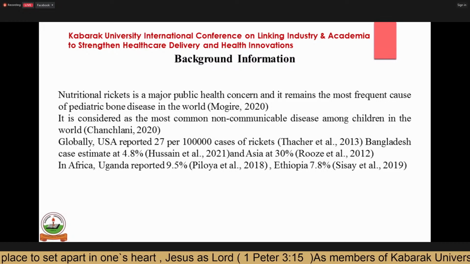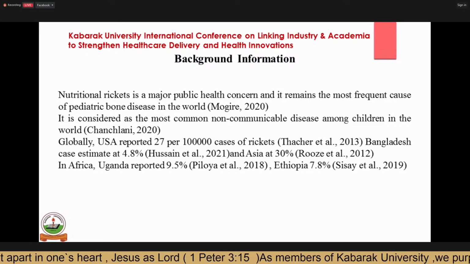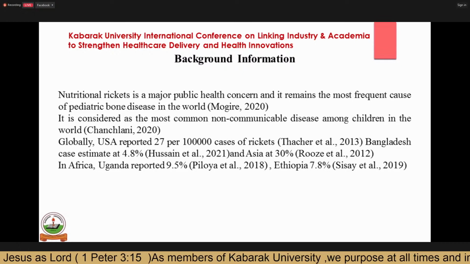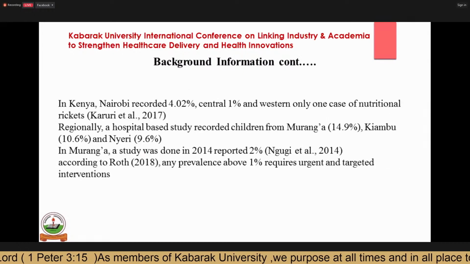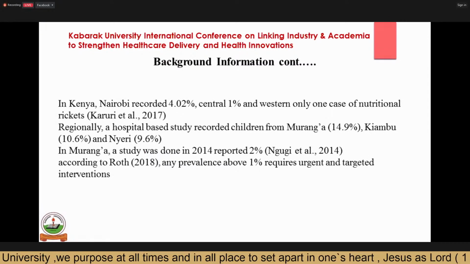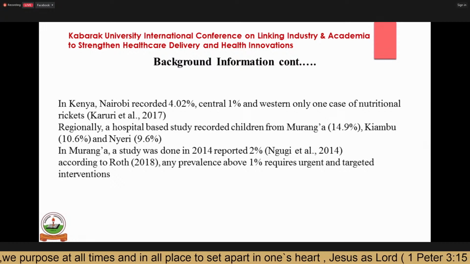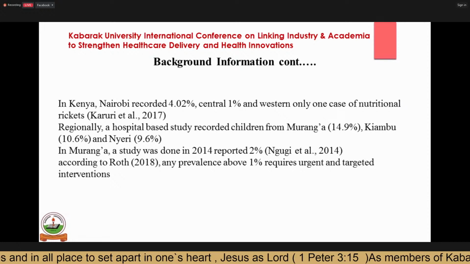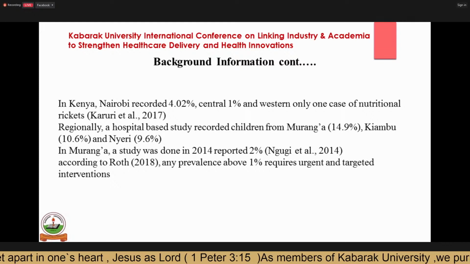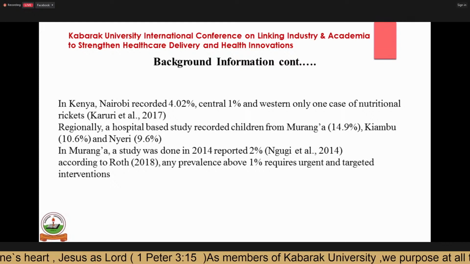Percent. We have two countries, 25, Ethiopia and there was an area that was 2%, central 1%, and western 1% found. Originally, a hospital was studied in Waranga County,